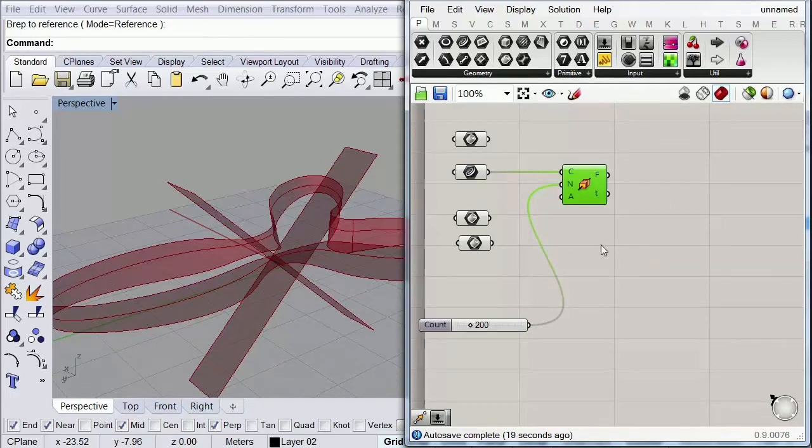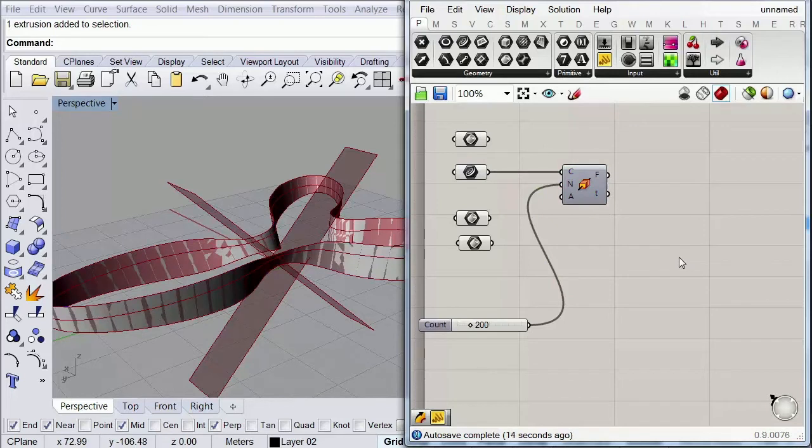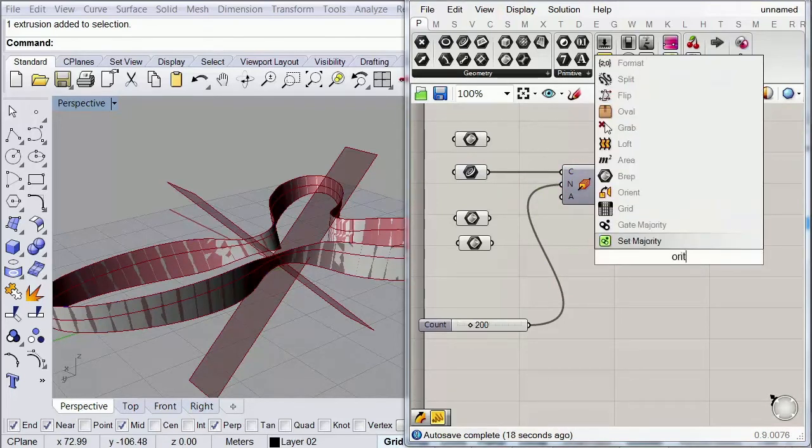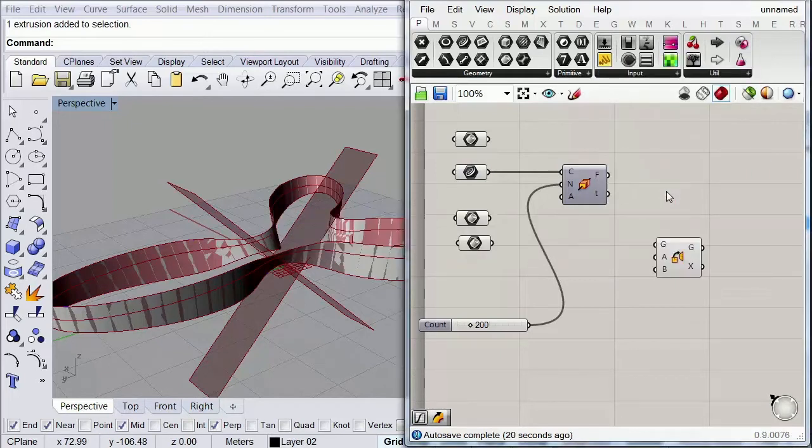And the next thing that we want to do here is to orient these frames or surfaces that we're going to use as intersection planes through all those frames that we have just created. Okay, so I'm going to call my orient component. So I'm going to type orient. And as my base geometry, I'm going to use one of these two planes that we have over here.